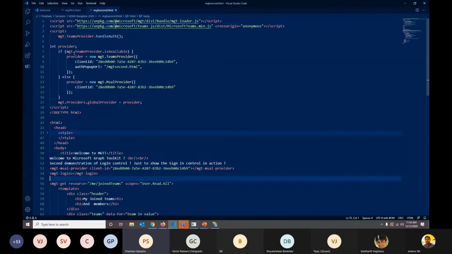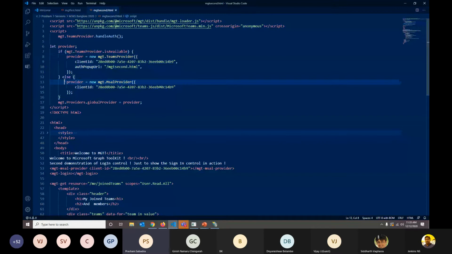So here, if you check this code again, we are checking whether this Teams provider is available, because we are running this in both places: in my SharePoint context, on my web page in an HTML file, and in Teams as well. There are multiple options. You don't need to check here, but we are comparing. If it is a Teams context and the Teams provider is available, then use the Teams provider. What this auth prop URL is, I'll discuss shortly.